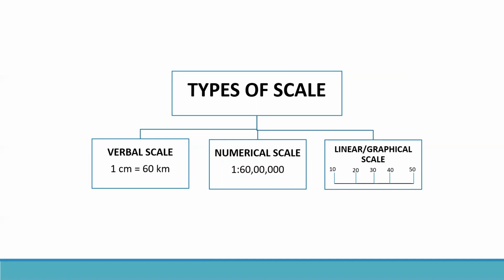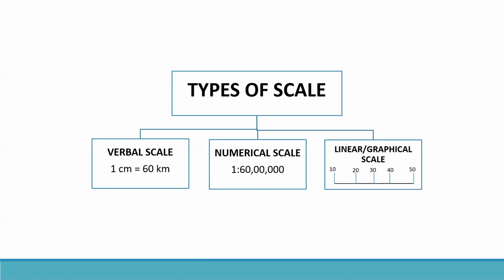Now you have the linear or graphical scale. Why is it called graphical? Because a line is drawn. And why linear? It's a straight line. This scale is shown graphically on a map. Can you see there? It's shown 10, 20, 30, 40, 50, like that. If you look at the image, you come to know they make it like a number line. Now, sometimes the ruler is not available. Then they use a compass or a blade of grass, or for curves you can use a thread to measure the actual distances between places on a map.